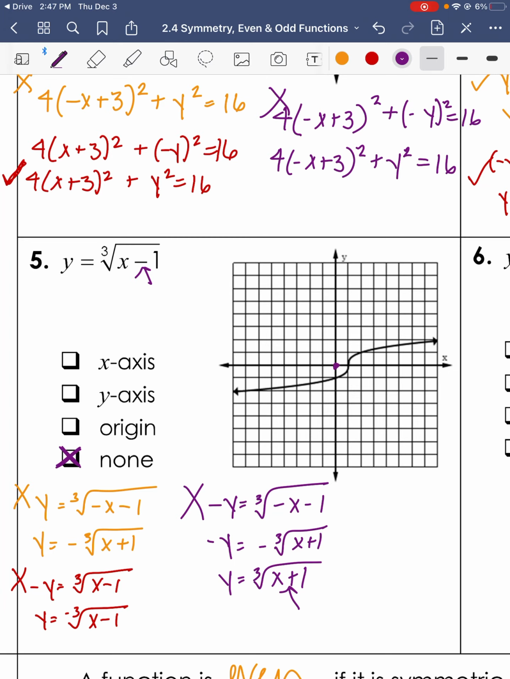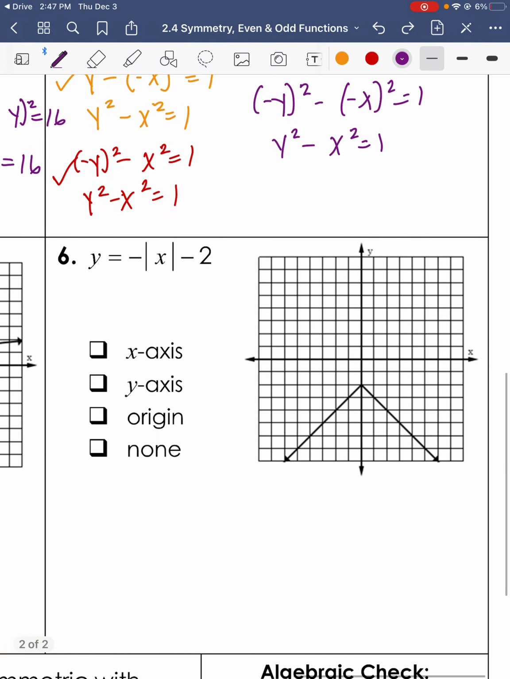And we can see here's the origin. There's no types of symmetry there. If we were to look at the x-axis, no symmetry. The y-axis, no symmetry. So it's pretty clear on the graph too that there's no symmetry. Number 6. Okay, let's replace x with negative x. We get y is equal to